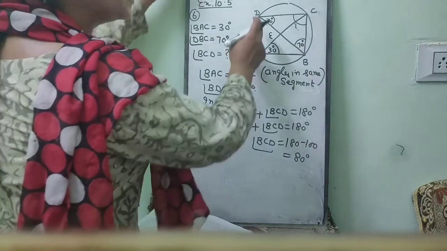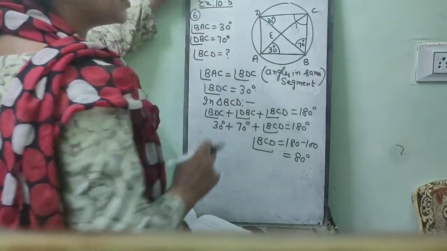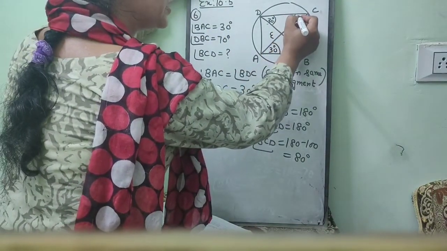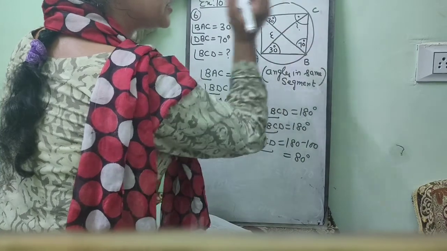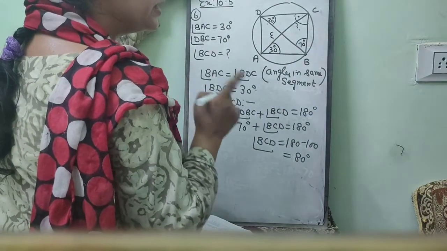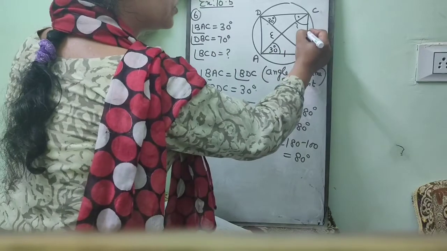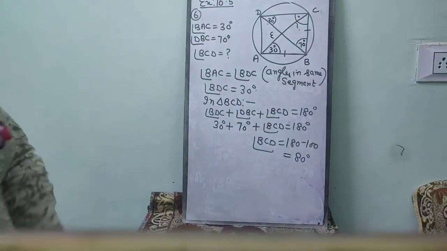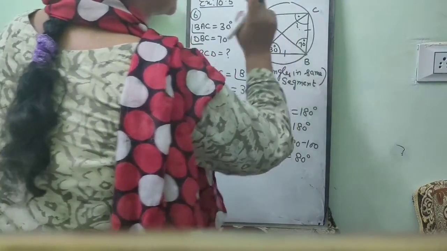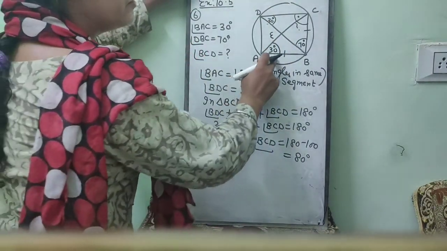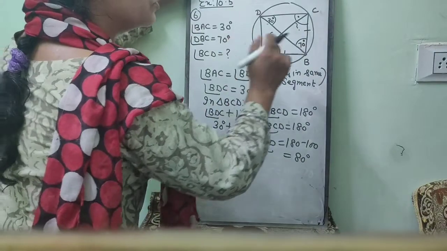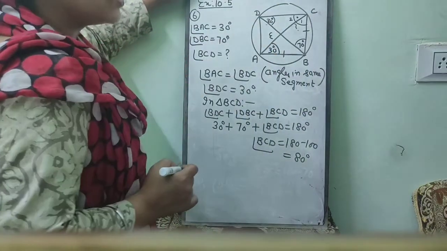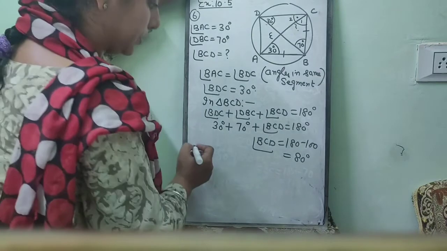Now he is saying the diagonals are intersecting at point E. His question is to find this angle, angle ECD. And he is saying AB is equal to BC also. AB is equal to BC. You need to find only this angle. 9th standard, if AB and BC are equal, you will mark here angle 1 and this is angle 2. His question is to find angle 2 in the second part.